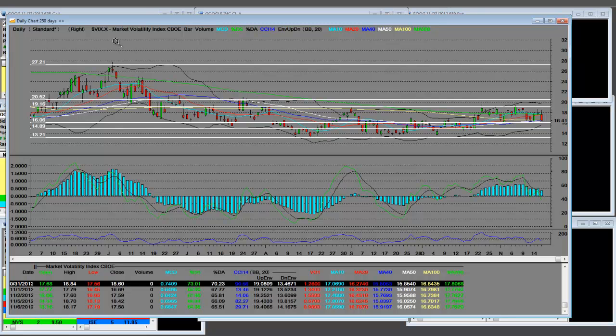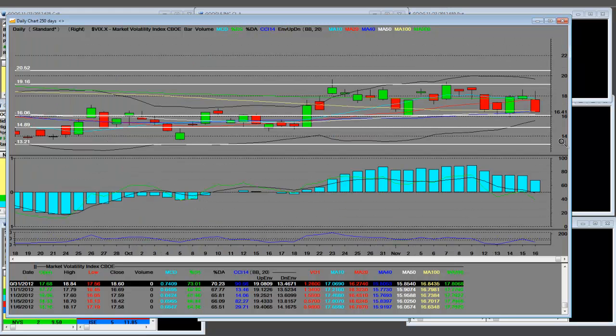This is the update on the VIX Market Volatility Index, CBOE, which is a fear indicator for the S&P 500. It's building a daily base. It's in a range, and once this breaks out, markets will go higher. If we come back down into the lower area, then markets will have a relief rally. It is that time of year to be very mindful of where this fear indicator is going into the Thanksgiving holiday and Christmas holiday.